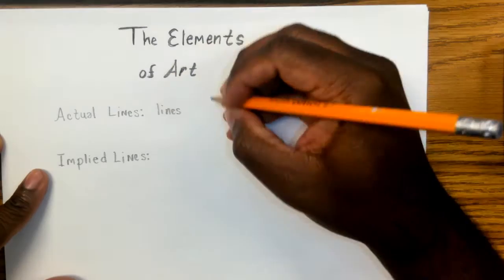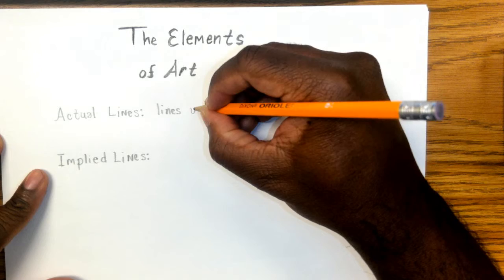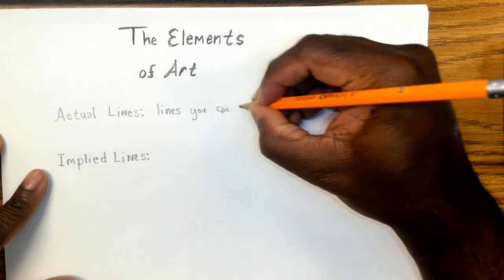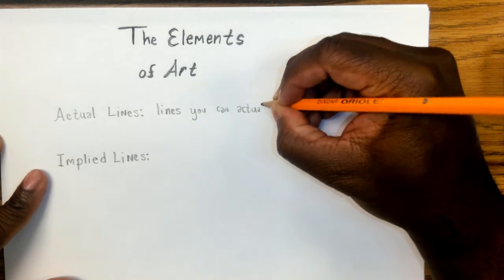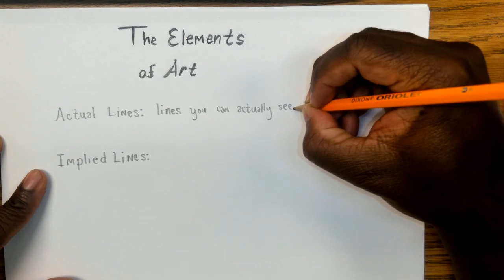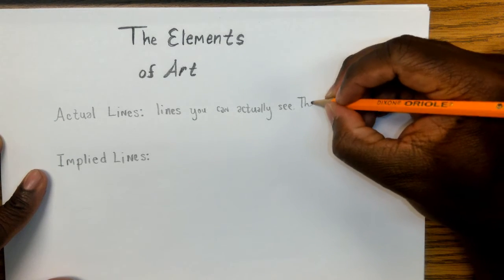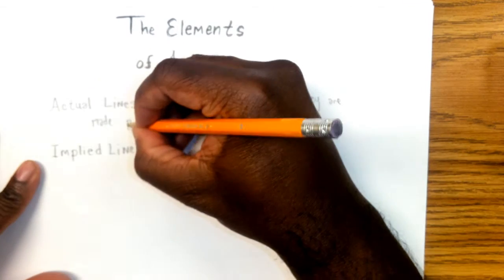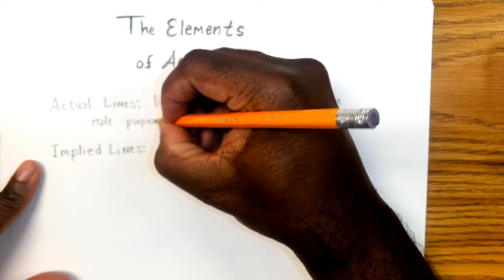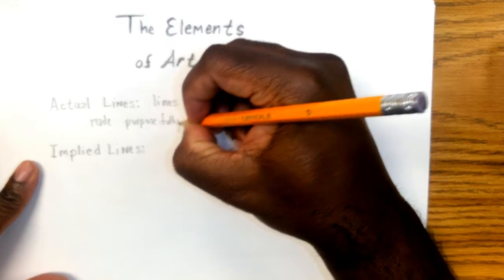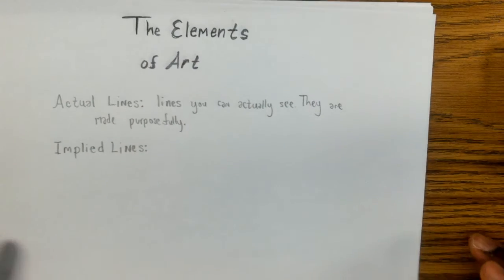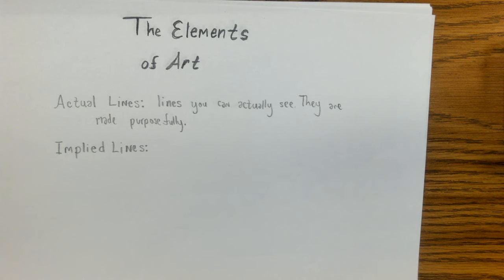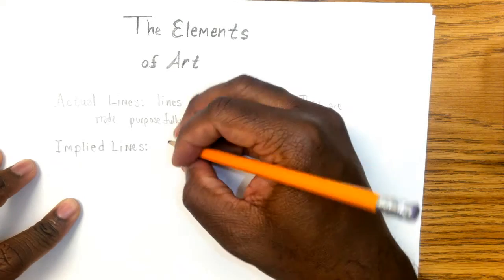This is really easy to remember. Actual lines are lines you can actually see. They are made purposefully. That means anything that you actually write, anything that you draw, those are all actual lines, things that you meant to be there. Implied lines